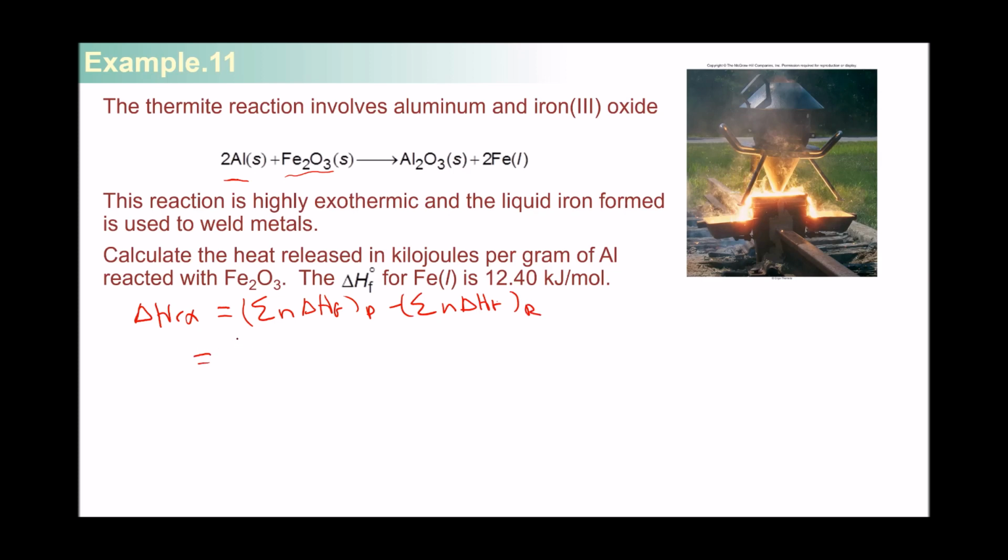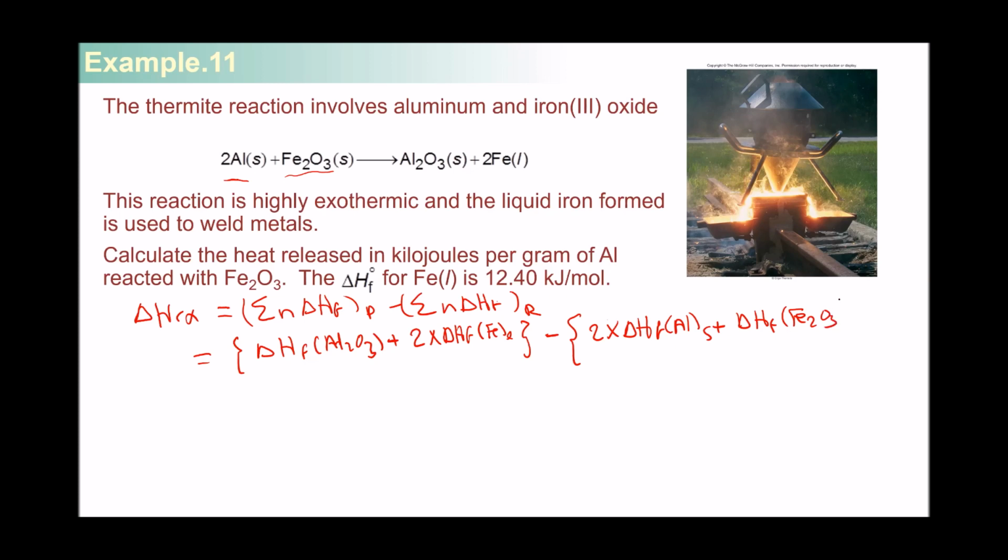So it's going to equal delta H formation of aluminum oxide times 1 plus 2 times delta H of formation of iron in the liquid form, minus reactants, so minus 2 times delta H of formation of aluminum in the solid form plus delta H of formation of iron oxide, right? This here is 0 because it's the most stable form of aluminum. It's solid metal. All the other substances here, we are using the standard heat of formation for each of them from the tables. For aluminum oxide, it equals negative